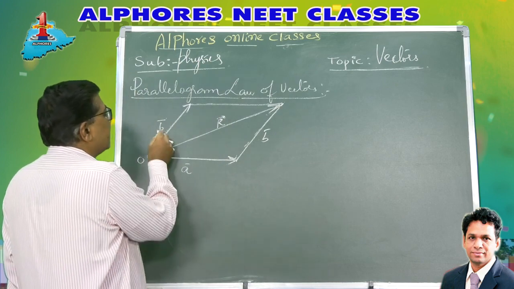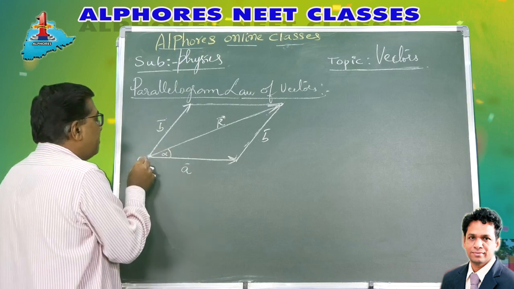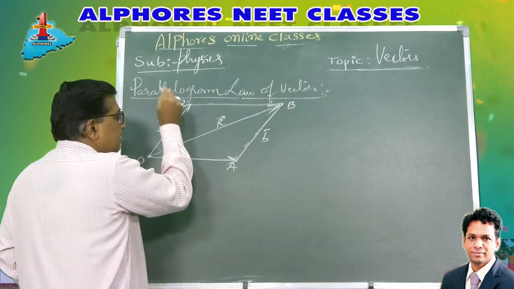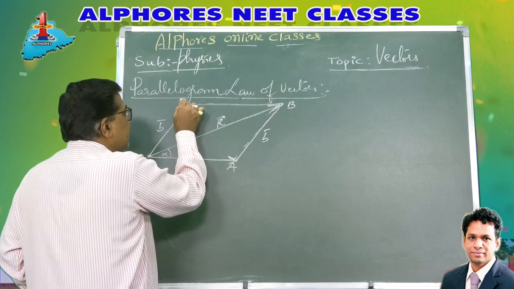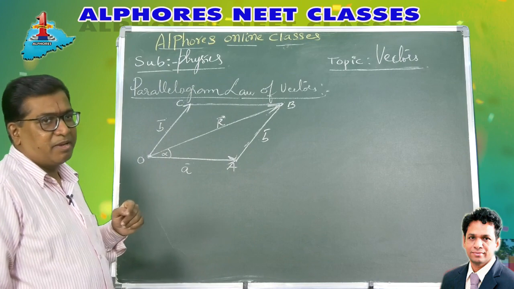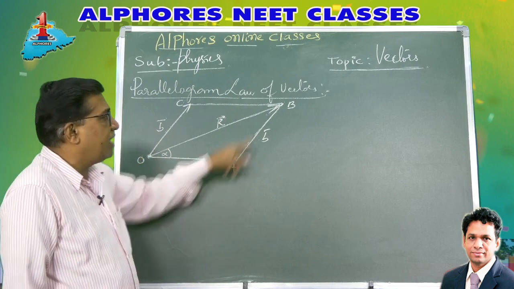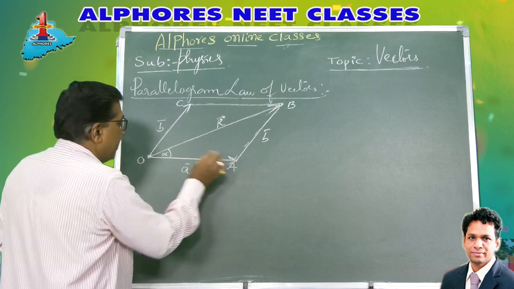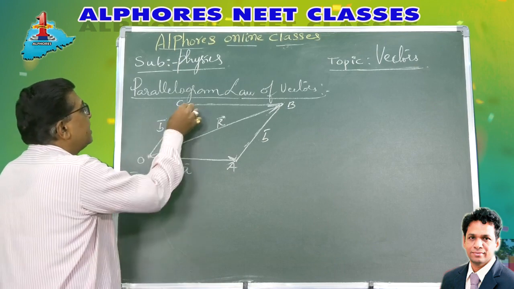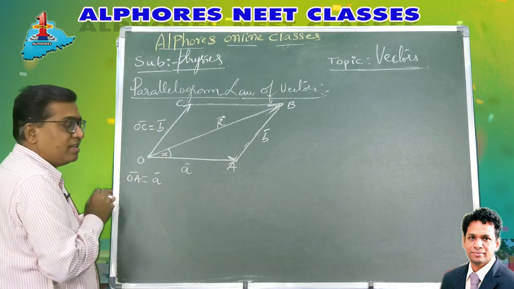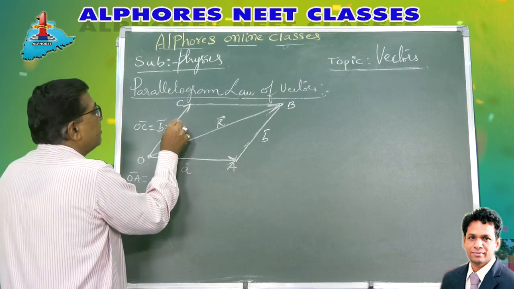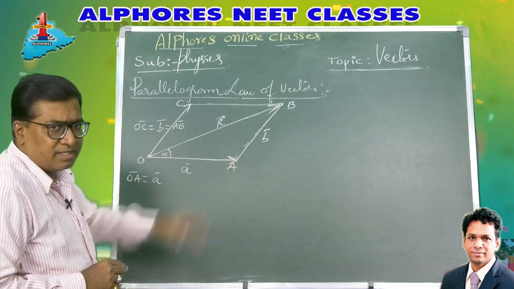Now let me consider two vectors A bar and B bar. Two vectors A bar and B bar are represented as two adjacent sides of a parallelogram. Let us take the parallelogram as OABC like this. So two vectors A bar, B bar are represented as two adjacent sides of parallelogram OABC, where vector OA represents A bar. This OC represents B bar. OC and AB are both B bar only, because both are opposite, parallel and equal.